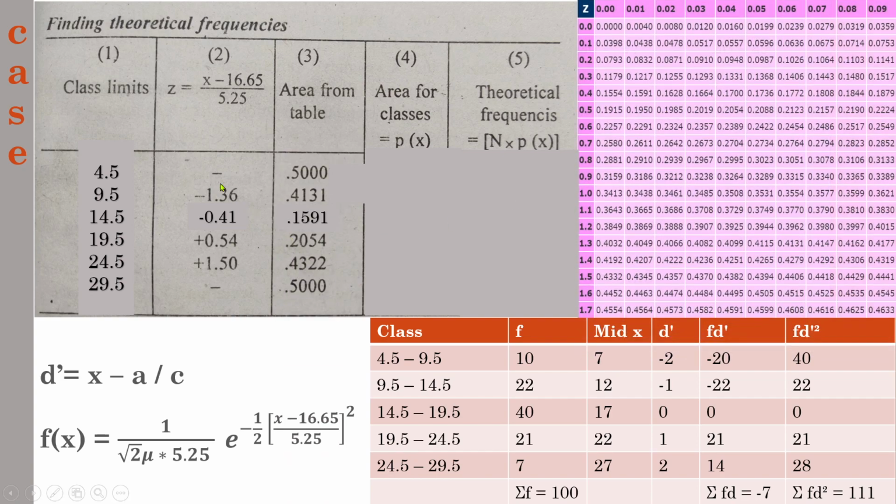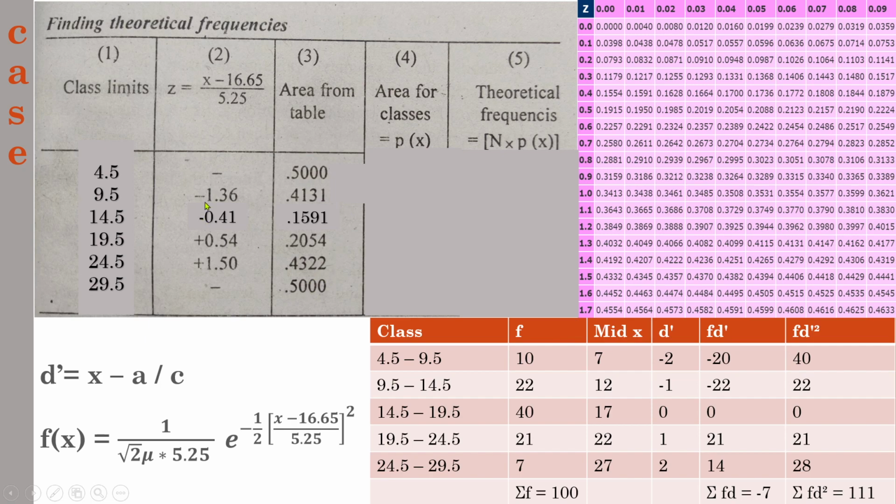See the first one: even though this one is a dash, here also it was a dash, we will take that value as the extreme number as per the table. If you go to the table, you will see that the last number is 0.5. Why we did that is, the area from the table begins from 0.5 and ends in 0.5. That is the concept. So in the lowest limit and in the highest limit, you need to put 0.5. Remember to put this 0.5 at the beginning and at the end.